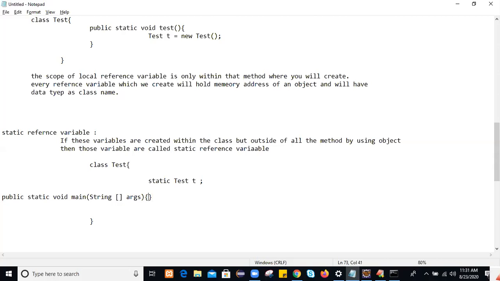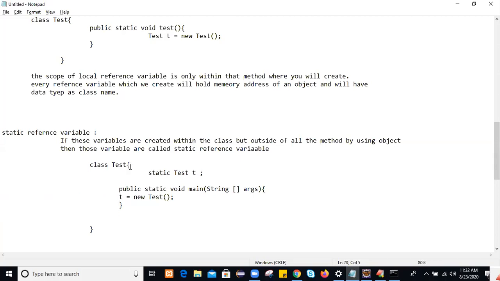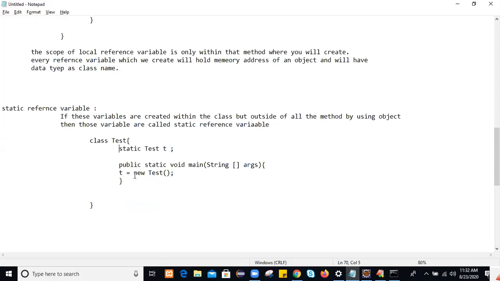Within this area we'll initialize this variable. What is the variable name? T. And how to initialize? By using object creation. Initially it will hold a null value, but the moment you initialize it, it will hold a memory address.